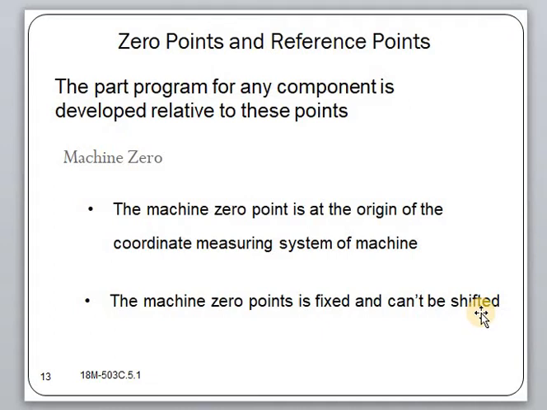And in a given program, the origin is usually a point determined by the programmer. Generally, the programmer assumes that at the beginning of the program, the tool is located at some specific point relative to the workpiece, which is designated as the origin.